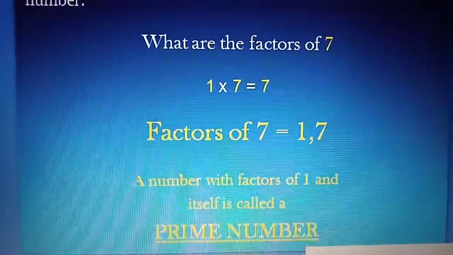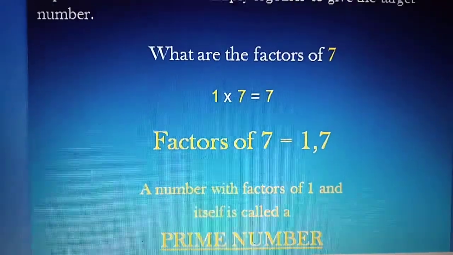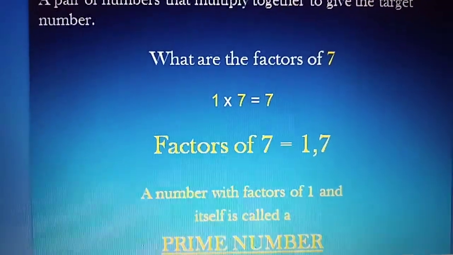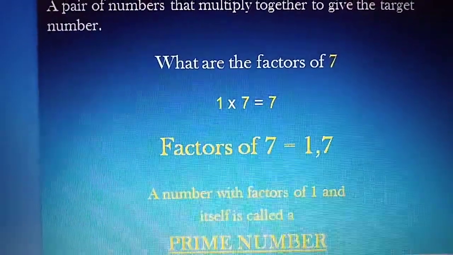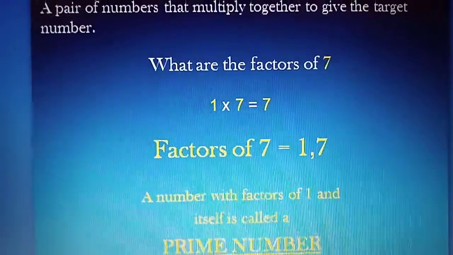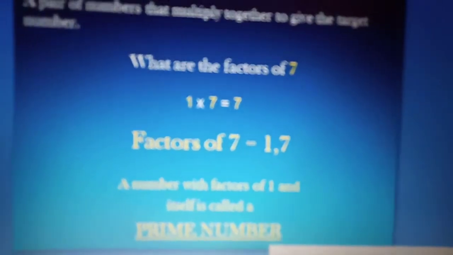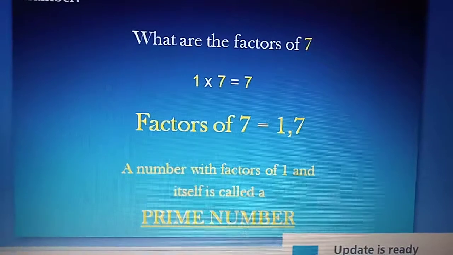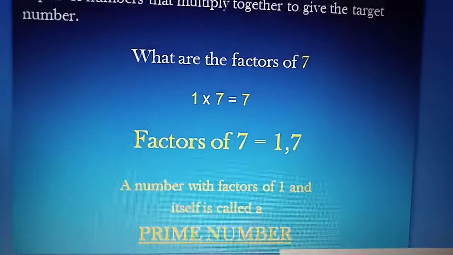Do you recollect any other prime numbers? Yes. 3 is also a prime number with the factors 1 and 3. 5 is also a prime number with the factors 1 and 5. Now, the numbers which have more than 2 factors, the numbers which we have seen just now, that is 8 and 10, have factors more than 2. Therefore, those numbers are called composite numbers, and 3, 5, 7 are called prime numbers.